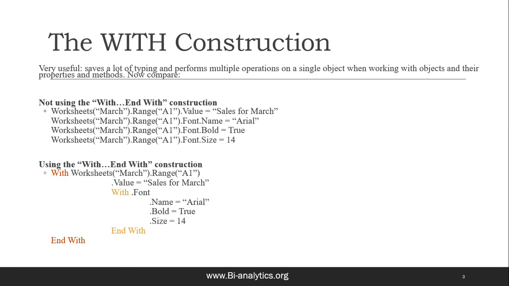If we want to read this .Font.Bold equals True, we'll read it as Worksheet March.Range A1.Font.Bold equals True. Our objective is to understand that sometimes when the macro records the program, it does it in this With form, so we should be able to understand which object it is actually working on. Secondly, when you have to write so many properties for one object, we will start using the With construction. It will be quite helpful when we will be working on user forms. Then it will be very easy to understand and apply the code.